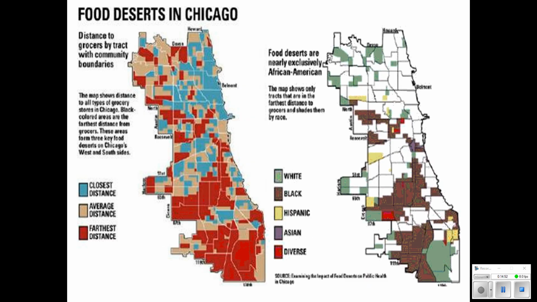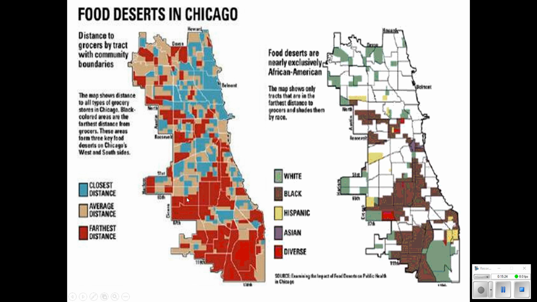And then, of course, we could change scale, zoom in, and make this an urban issue. And again, notice the patterns that you see here in terms of the farthest distance from the grocery stores; they tend to be the areas that are racially concentrated. So, income is an issue. Historical patterns of land division are apparent. We're going to talk about redlining when we get into the urban unit, which is Unit 6.